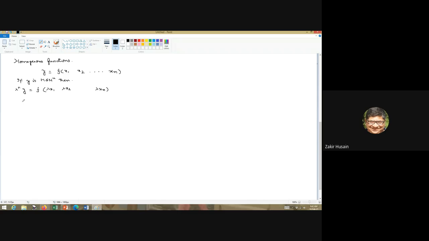And if n is equal to 1, we say it is a linearly homogeneous function. And obviously, if n is equal to 0, then it's homogeneous of degree 0. Now, in case of a homogeneous function, we have Euler's theorem, which states